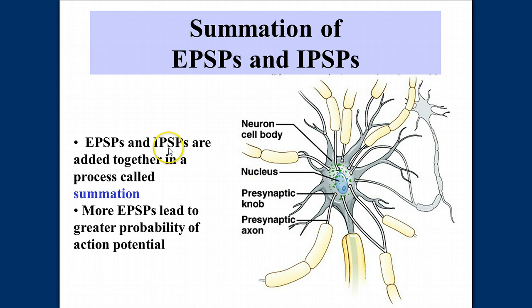If you have more inhibitories released, then it's going to be less likely of an action potential. So it's the amount of either or that determines what's going to happen, whether you're going to sum to at the axon hillock so that you have an action potential